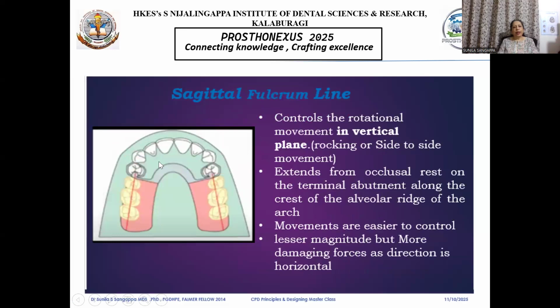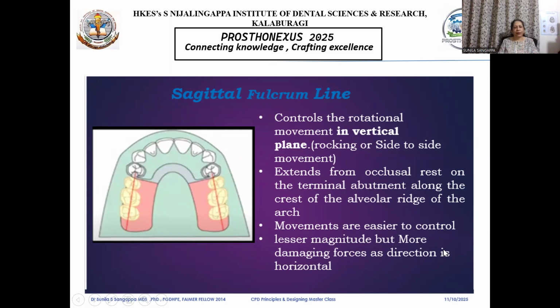Next, going to the next fulcrum line, that's the sagittal fulcrum line. So where does this extend? It extends from the occlusal rest seat of the terminal abutment on one side and also on the other side across the crest of the alveolar ridge. Now this controls the rotational movement in the vertical plane. And the movements here are easier to control, lesser in magnitude, but more damaging because they are directed in a